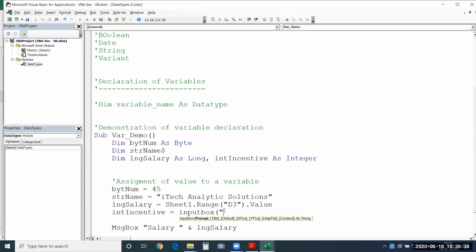Whatever value we are assigning from a sheet, you have to provide it even before you execute your macro, so that it will take the value from that address. Now if you're using an input box, at the time of executing your macro, you can decide what value has to be provided there. So each one of them has its own advantage. Enter incentive value, let's say I'll give that.